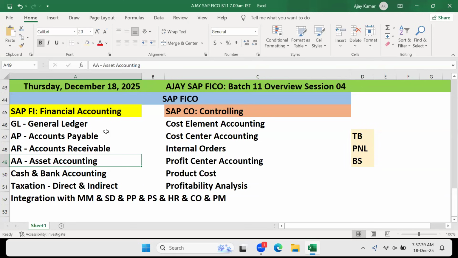You're dependent on CO or you're not dependent on CO for your accounting? Dependent. You're dependent on CO because certain things are mandatory, without which your debit credit posting is not possible in SAP. Cost center accounting. Cost center is basically what? It's a responsibility area where you are referring to the cost belonging to it. You can create anything as a cost center. For example, in our previous case, we were referring to department as a cost center, right?